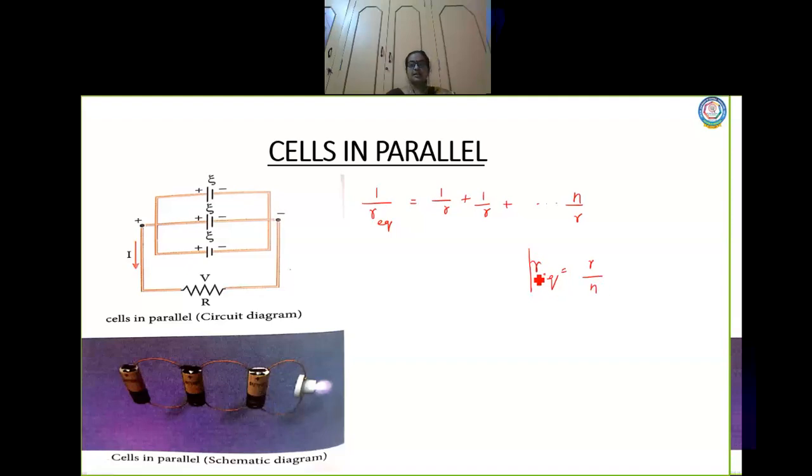Is it clear? Now I will stop with this because the time is going to get over. I'll be continuing with cells in parallel in the next class, children. Please go through the topics whatever we have discussed so far up to cells in series. I'll be continuing with cells in parallel and entering into Kirchhoff's law in tomorrow's class. So please revise all the concepts whatever we have discussed. If I start, I will not be able to complete now, so I'll be doing it in the next class. Okay? See you children.